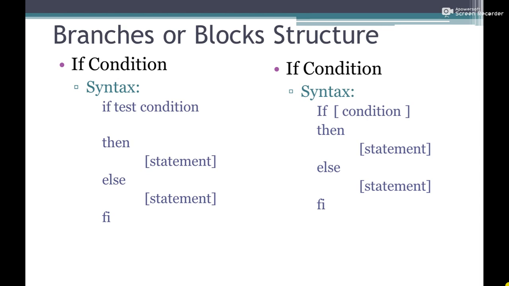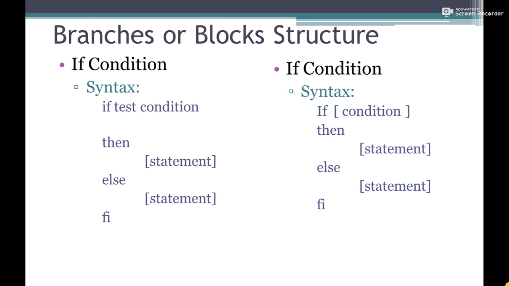So the condition, when the question came, let's depend on that condition. If test and condition, so we will write that condition, and if the condition is true, it will go into the then statement. Means the condition that is true, then it will display the statement below the then option, and if the condition gets false, then it will display the statement contained in the else. Means if the condition gets true, it executes the then statement, and if the condition gets false, it executes the else statement.